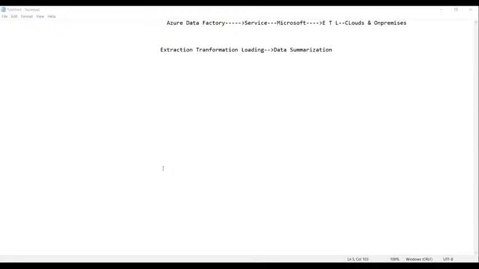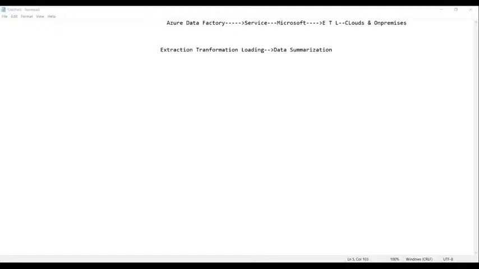Whereas the service here, we cannot install it; we don't need to install and download anything.